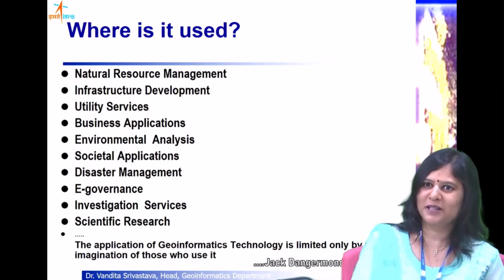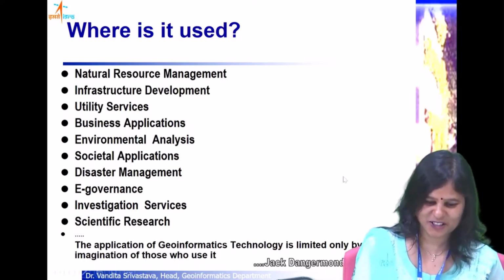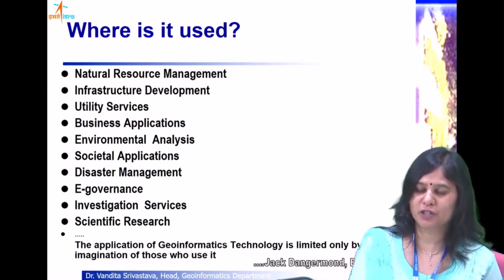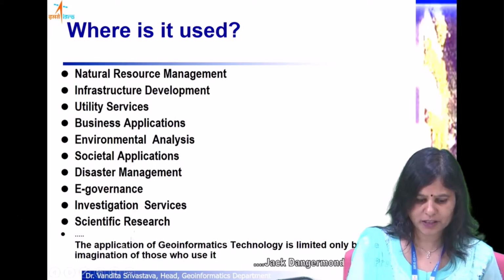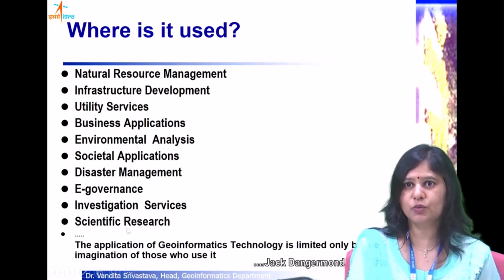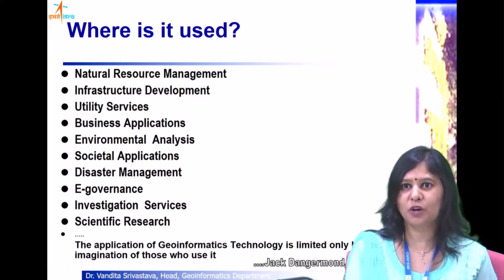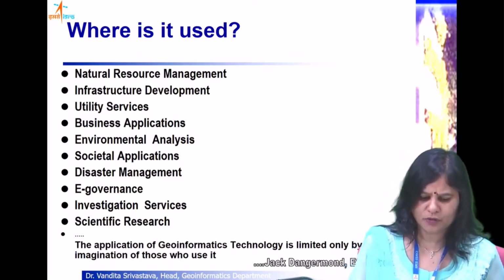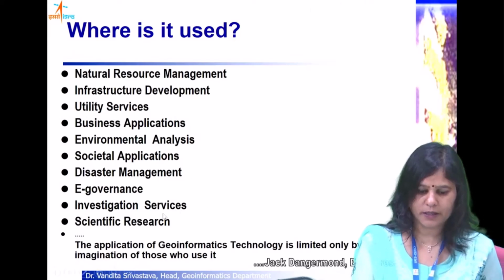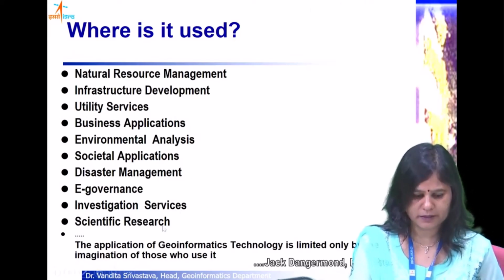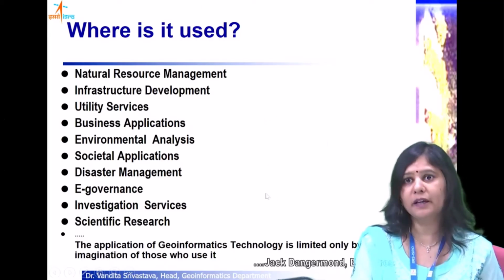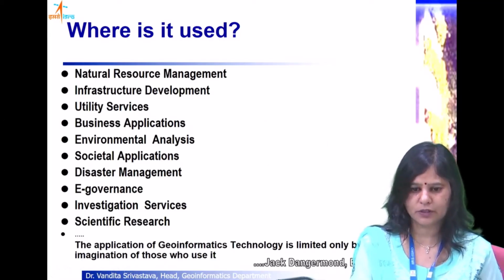Maybe more than 90% of the things have got a geographic relevance, and that's why GIS is becoming part and parcel of our life. And of course it can be used in scientific research to understand various processes, the soil erosion, the spread of air pollution. All of this can also be studied to again take better decisions. And so that is about applications where GIS can be used. Now